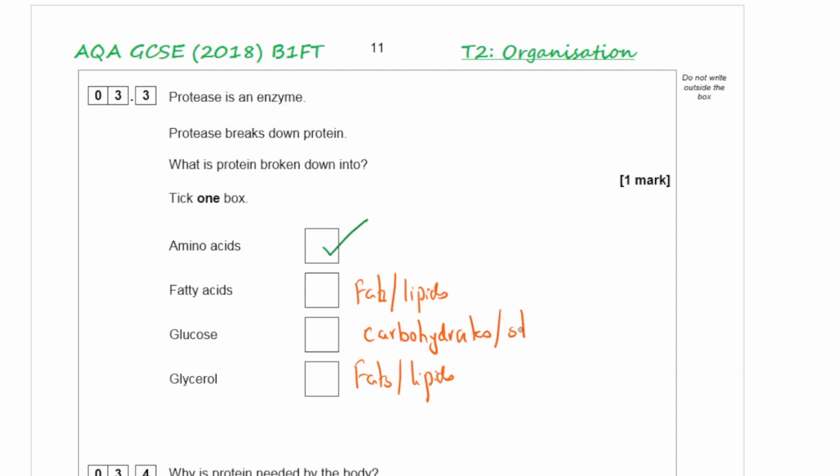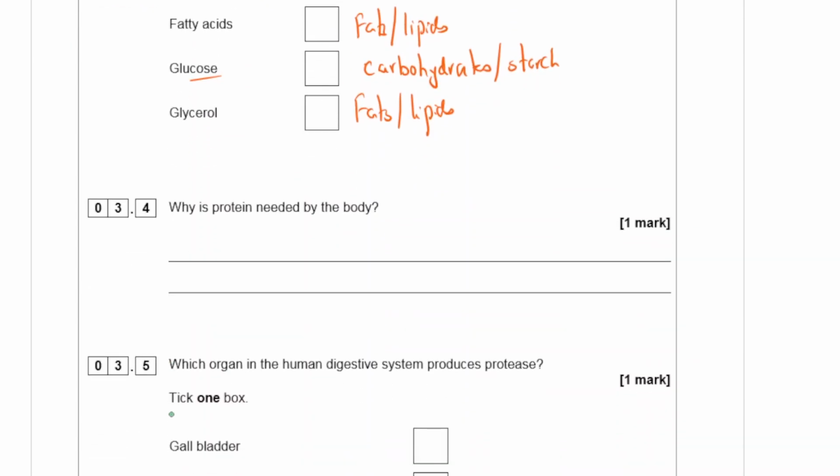Such as starch. When they're broken down, you will get glucose. So amino acid comes from proteins. Why is protein needed in the body? Now, you need protein for a couple of things, mainly for growth. You could also say for repair or replacement